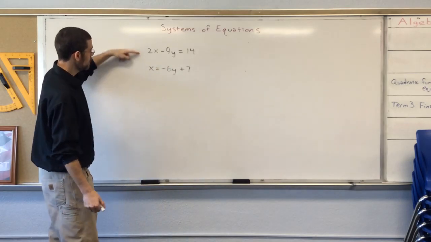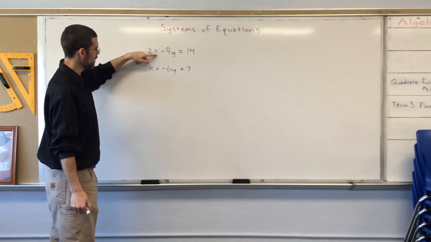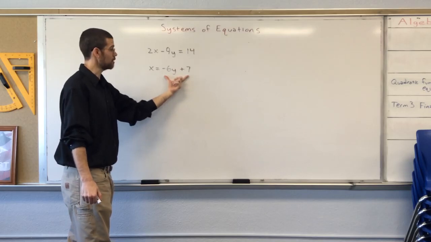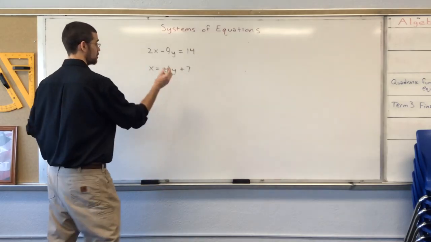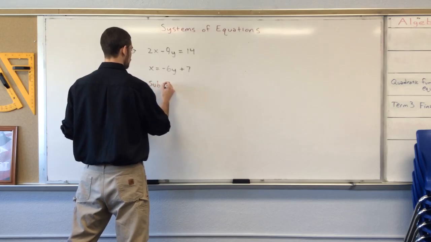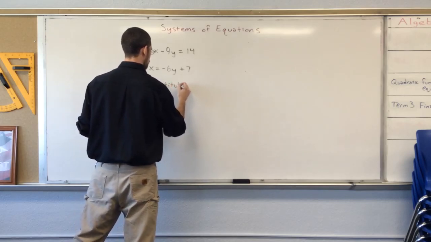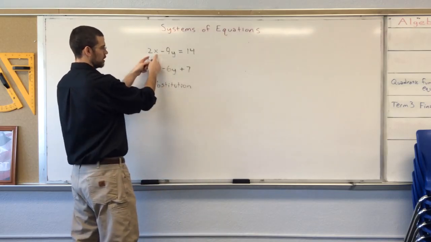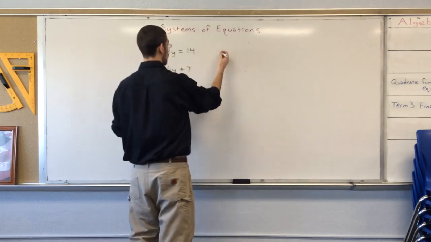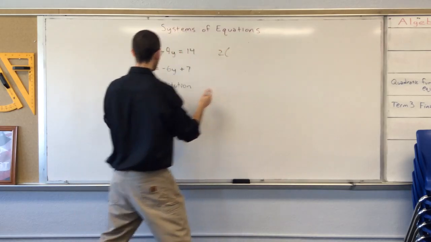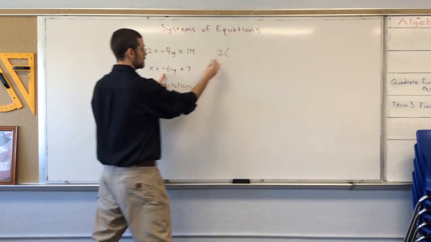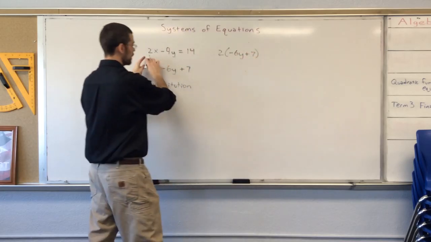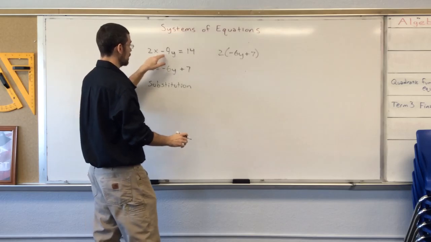We're going to do that. In this equation up here, we see x right there. We're going to replace x with what it's equal to, negative 6y plus 7. Let's see what happens when we do that. So this is called substitution. I'll write that. We are substituting this expression for x in the first equation. And it'll look like this. 2 times x, but instead of x, we're writing this, negative 6y plus 7, and then we carry on writing the original equation, minus 9y